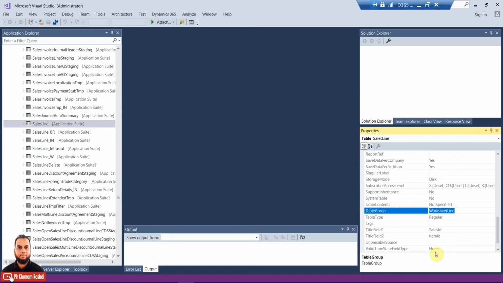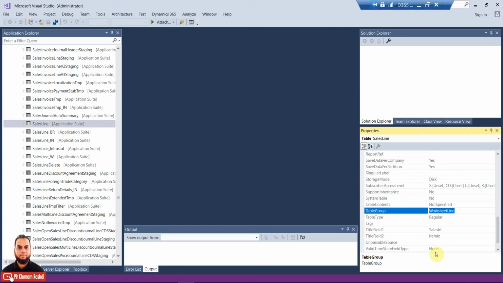Then there is each of these table group is definitely associated with the particular style of form for the user interface, as I have told you, for the data entry purpose. This will help in deciding about the form or data entry form used for user interface, which one will be used for what table. So that is important information we need to put here.